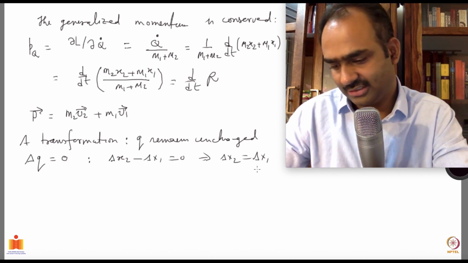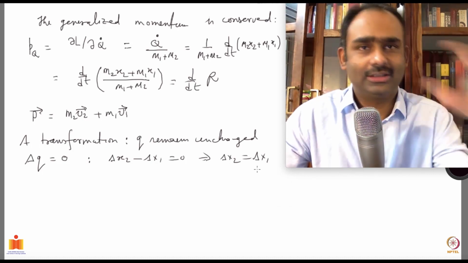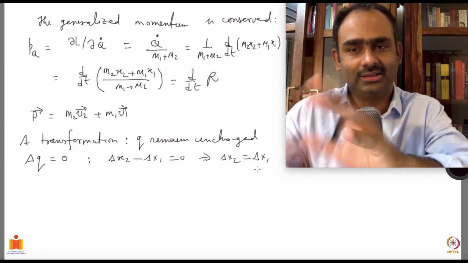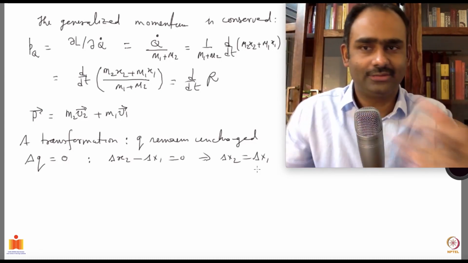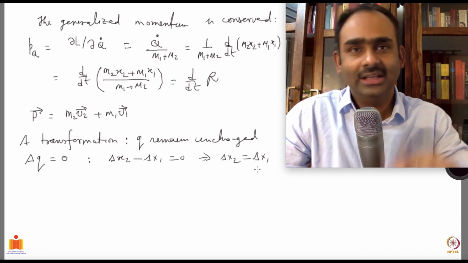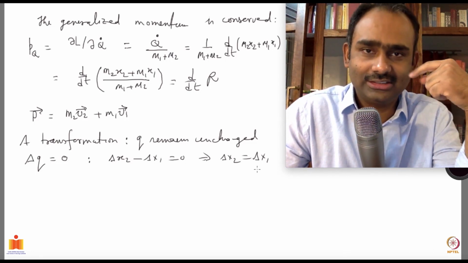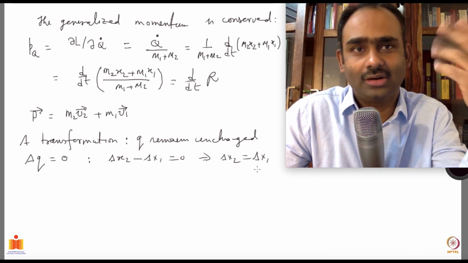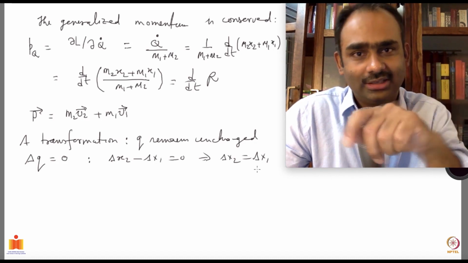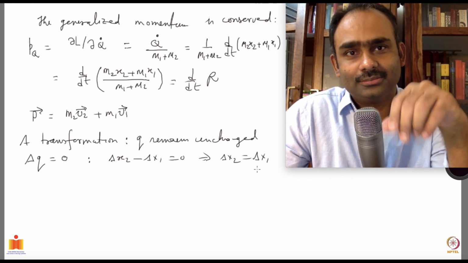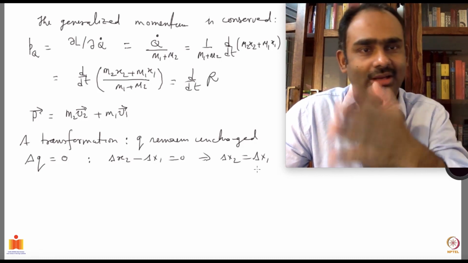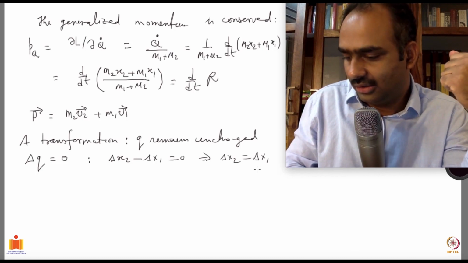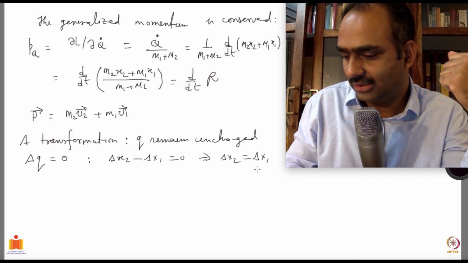Now, if you have an isolated system with lots of particles in it, and you have a symmetry in the system, which means that you can move the entire system here or this way or that way and things should not change, then you should be able to choose your generalized coordinates in such a manner that you will get 3 cyclic coordinates, and each will correspond to a translation of the center of mass, either in the x direction, the y direction, or the z direction.